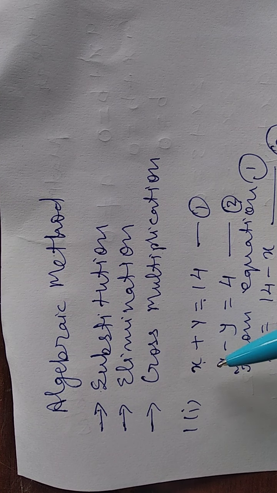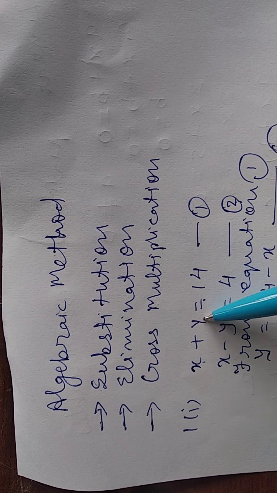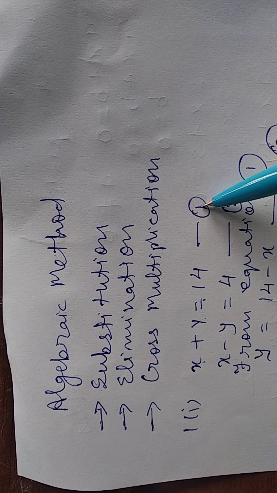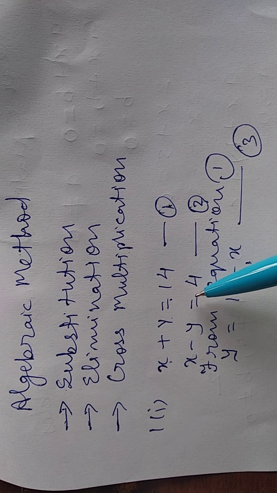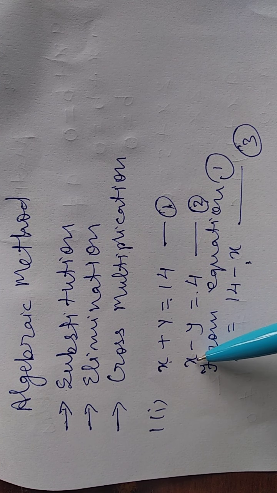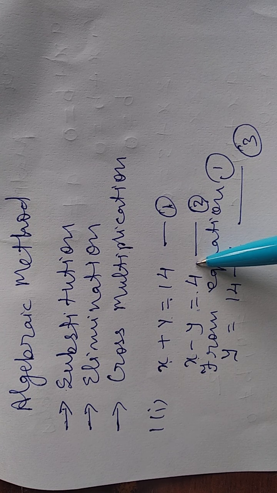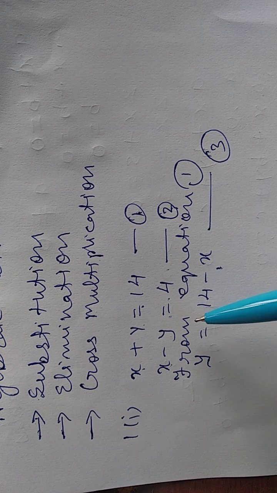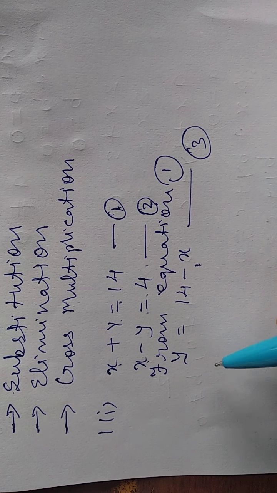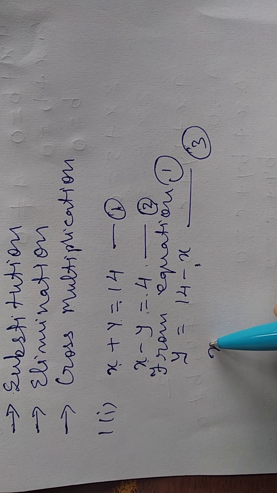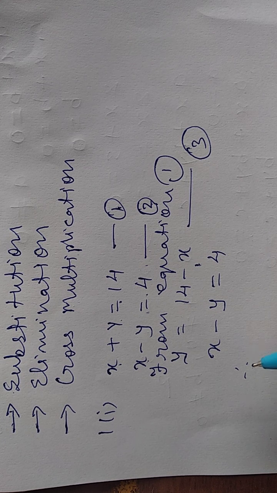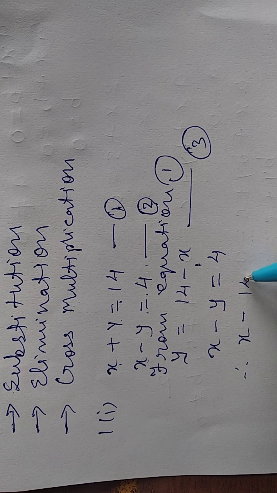We can also find value of x, but here we find value of y. And if you find value of x or y from equation 1, put this value in equation 2. And if you find value of x or y from equation 2, put this value in equation 1. So we find value of y from equation 1. We will put this value in equation 2. So equation 2 is x minus y is equal to 4. Therefore, in place of y, we will write 14 minus x